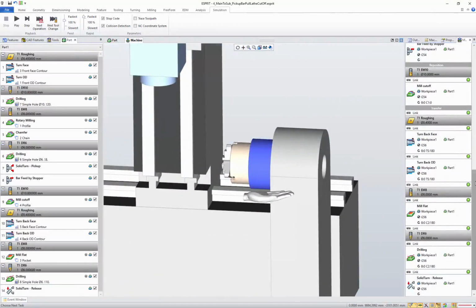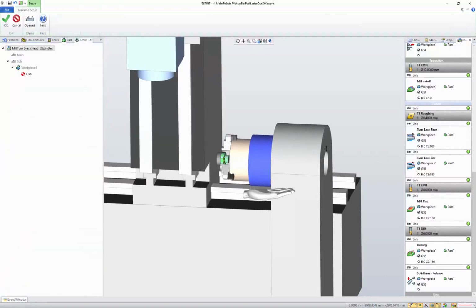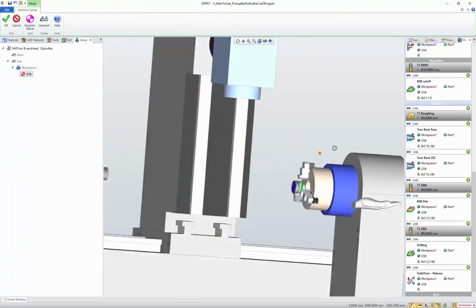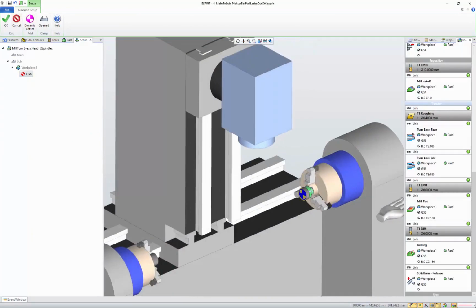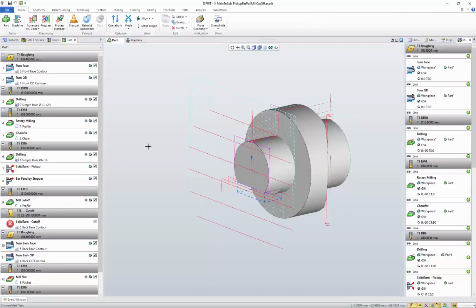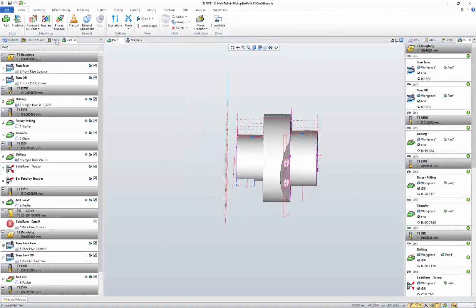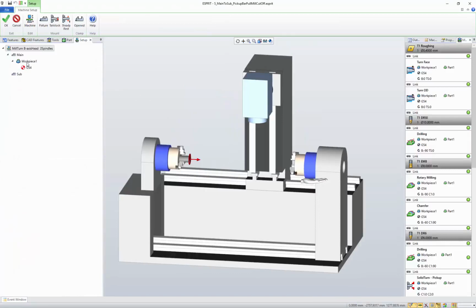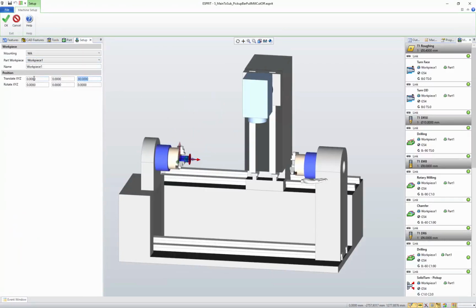Okay, so the same way, the mill cutoff generated the transfer. With the machine equipped with a bar feeder, you might want to program the bar feed operation at the beginning of the program to position the bar properly for the rest of the program. Let's see how to program this in Esprit TNG. I'm continuing on the same program, and I'm changing the initial machine setup and set the position of the bar back inside the spindle.